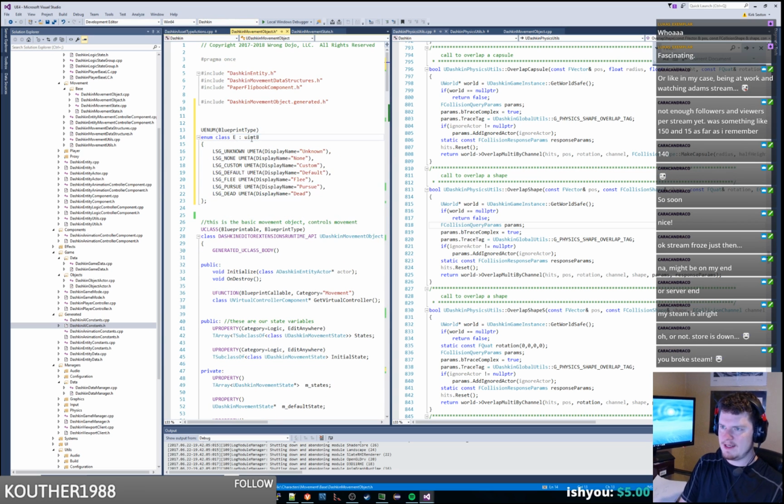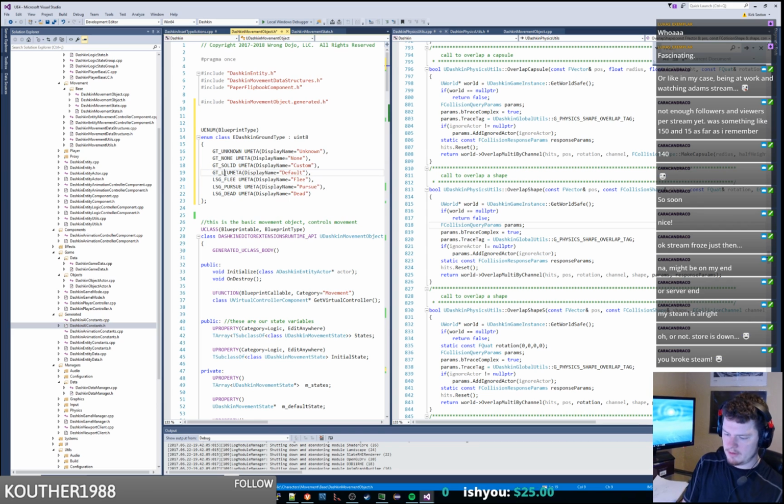This is going to be Dashkin ground type. So we're going to have unknown, GT unknown, GT none, GT solid,